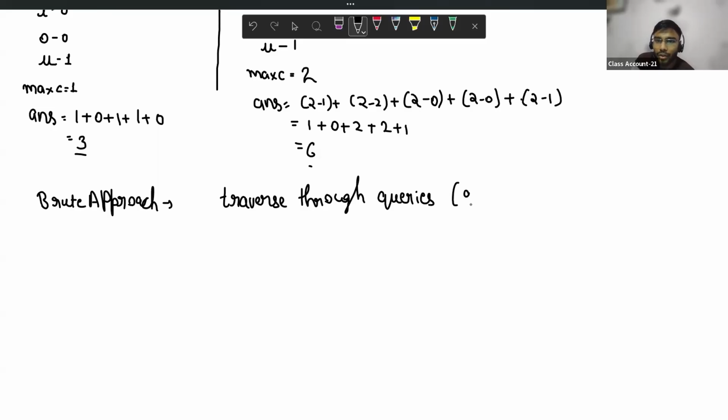This will take some time. After that, I will traverse in the substring. And what will I find? Traverse in this substring.